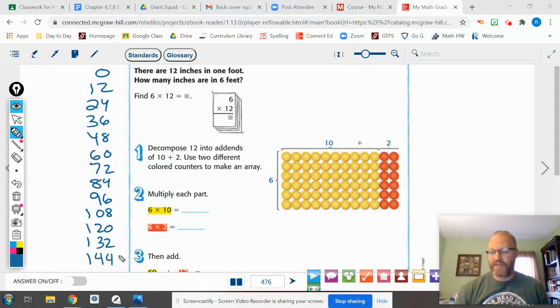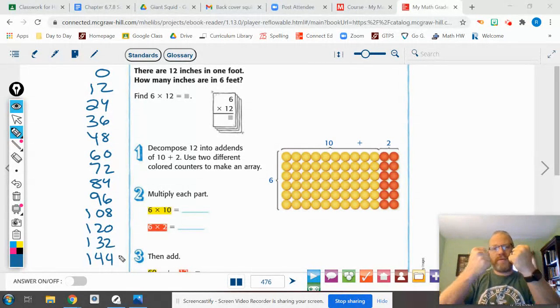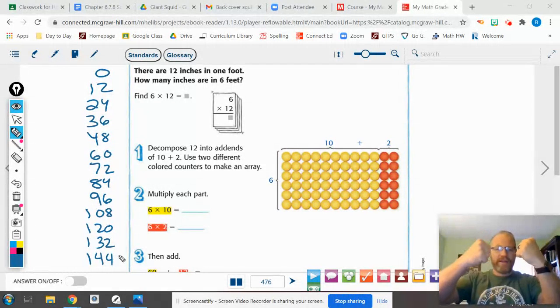So we have our list of our 12s. We're going to go through them now. Put your hands up. 0, 12, 24, 36, 48, 60, 72, 84, 96, 108, 120, 132, 144. So we have our 12s. We're going to count them one more time. Get them hands ready. 0, 12, 24, 36, 48, 60, 72, 84, 96, 108, 120,